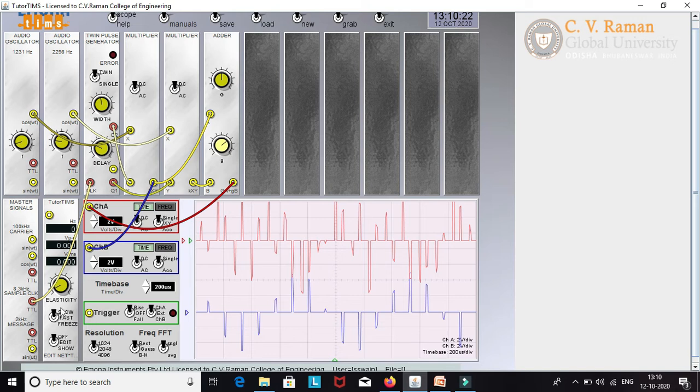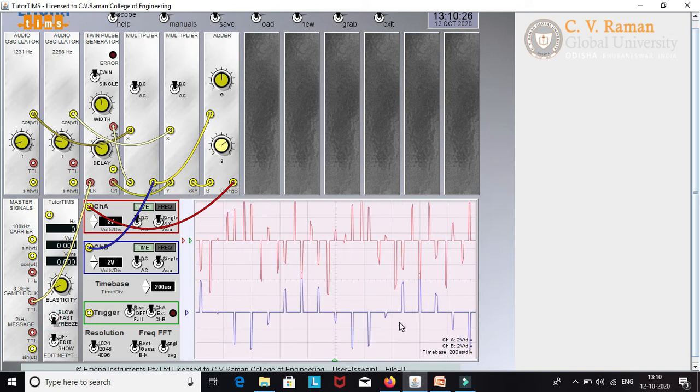You can see here, again I am freezing it. But one thing you can find here is that there is a phase change, meaning this sample is present along the positive section, but here in TDM the sample is inverted. The reason is that here you are using an amplifier. In the other section you are using an amplifier. So you know that an amplifier changes the phase of the signal by 180 degrees. So that is the reason there is a 180 degree phase reversal between the sample signal and this TDM signal. Clear? So in the same manner you can also check the sample of multiplier 2.